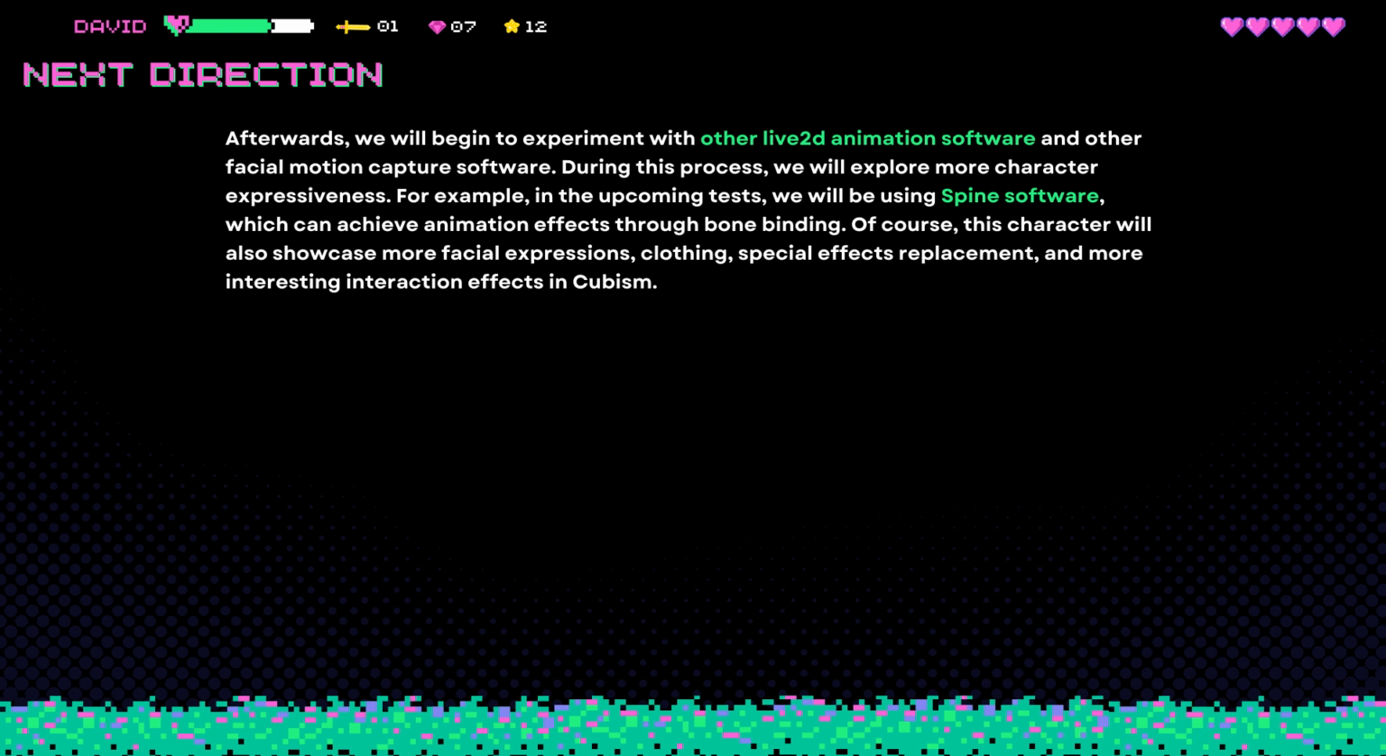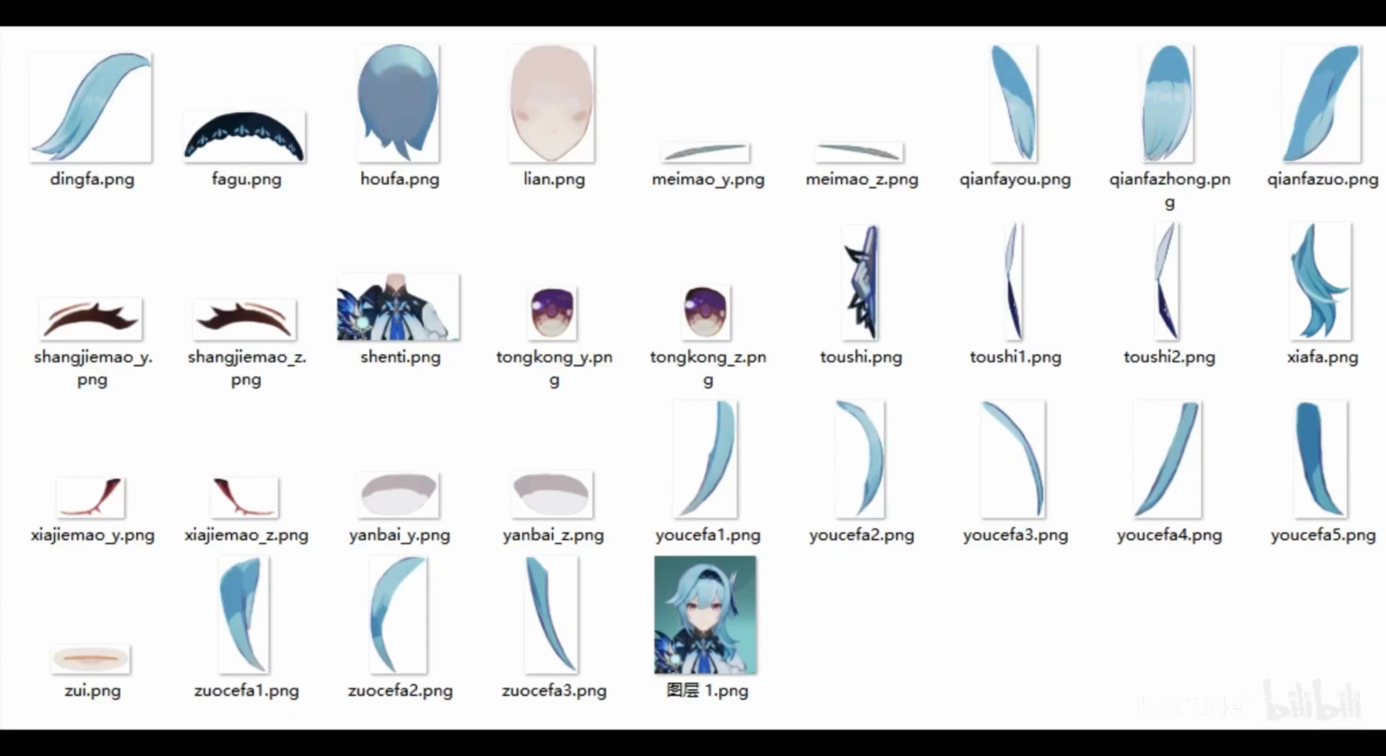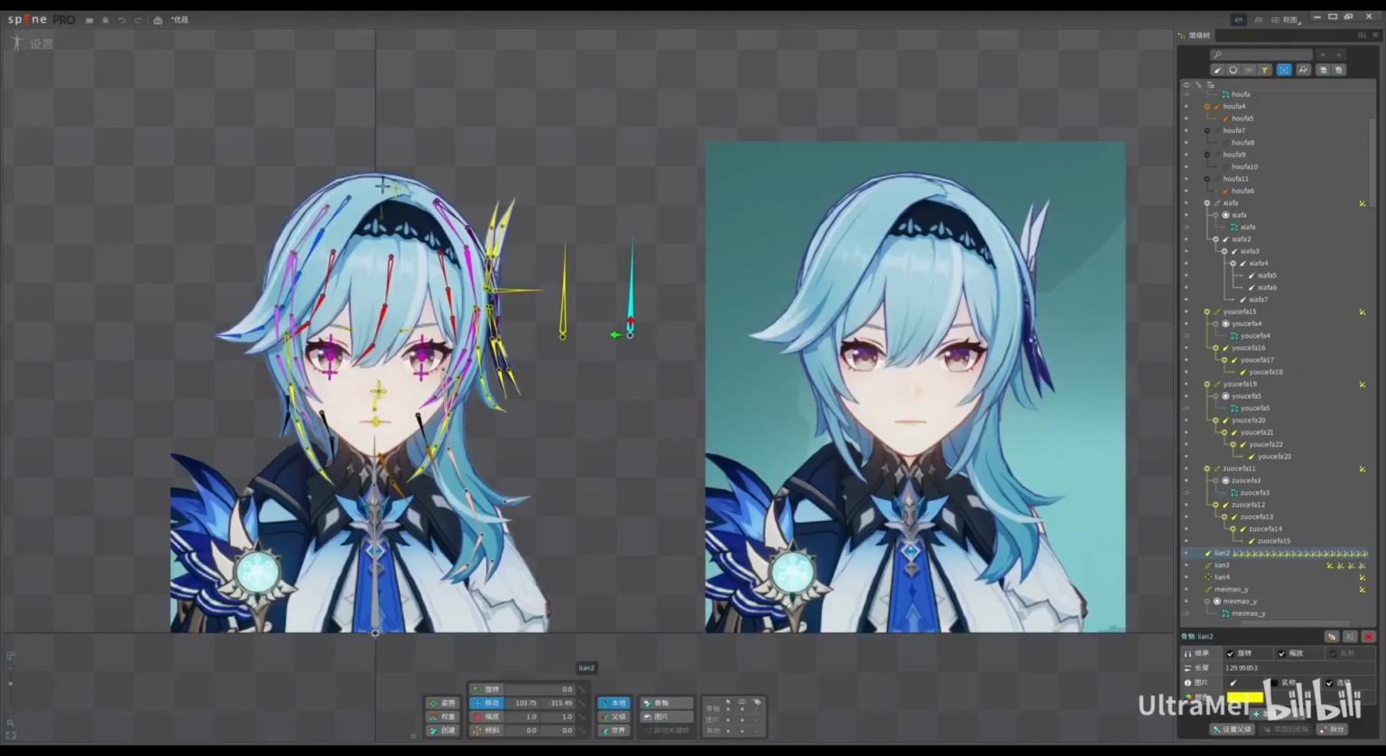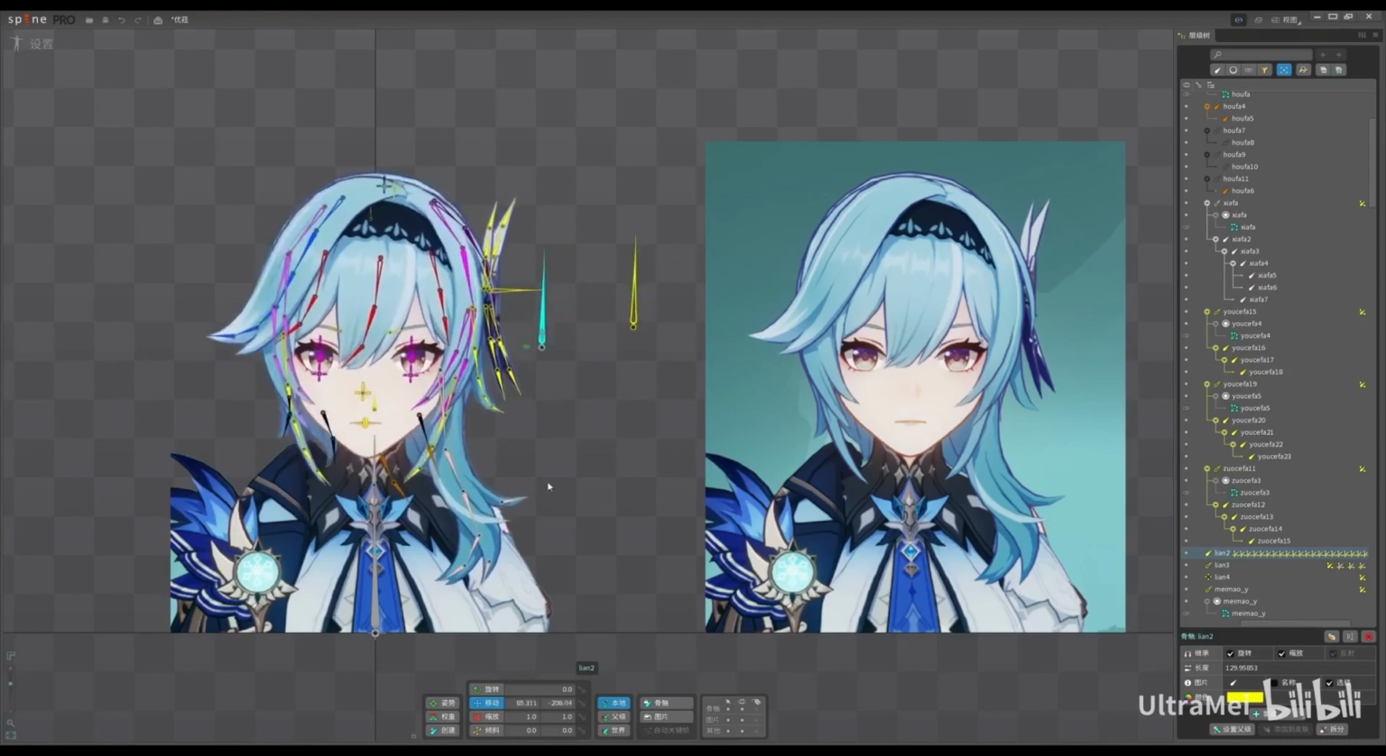And also we will use Spine software. You could say this software uses a bone system to achieve the live 2D effect. It will be a very